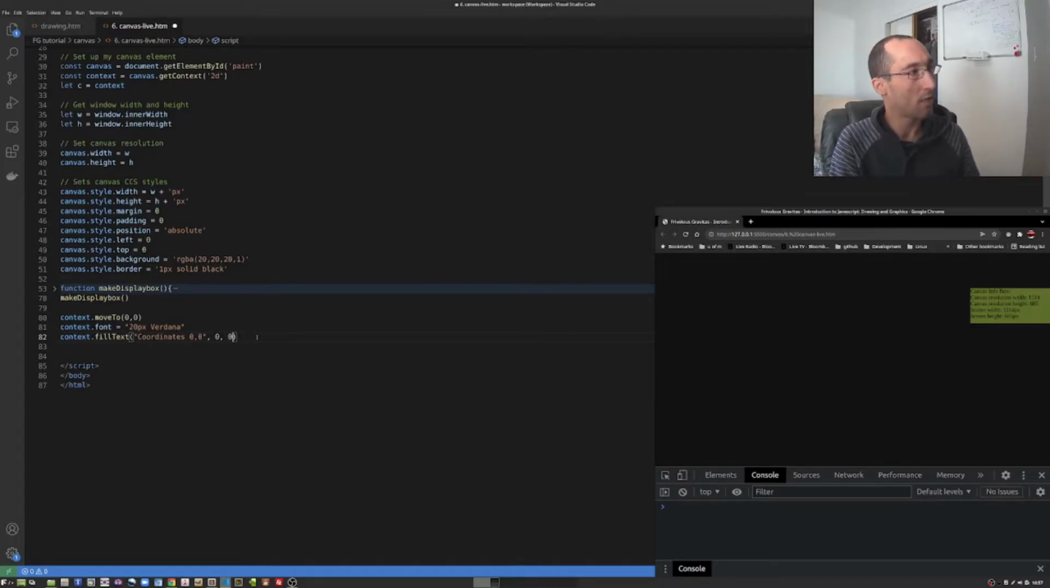So the next two values are going to be the coordinates that you want this text to appear at. So I'm setting the context font to 20 pixels Verdana. Fill text method I'm calling on my context so that I get this text, and it says, where do you want to place this text? I'll say 0, 0. And if I just save that,